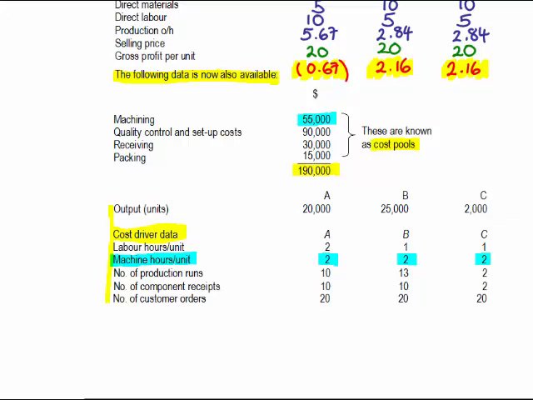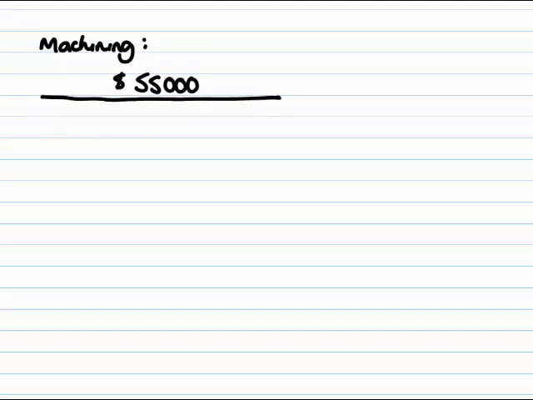So let's do that on another working paper. So on the top for machining then, let's just put machining. We've got $55,000, and we're going to divide that by A. So A is 20,000 volume, so it's going to be multiplied by 2. So there's 40,000 machine hours in total for A. And for B, is also 2, but there's 25,000 units, so that's going to be 50,000. And for C,